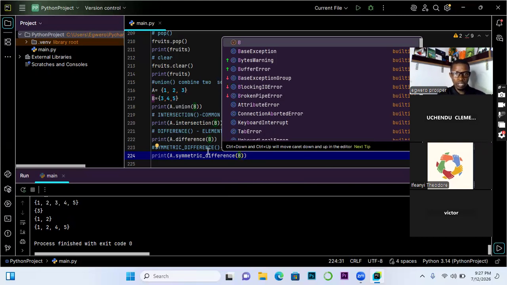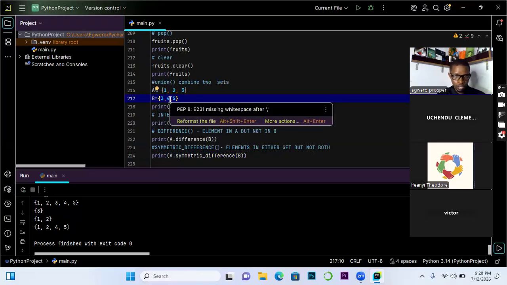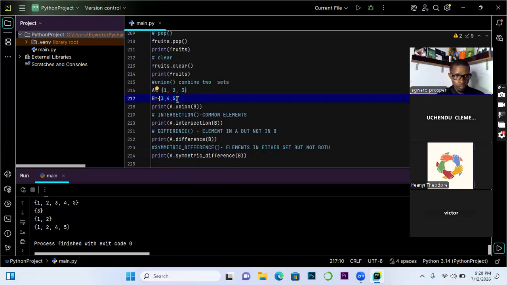Very simple. If you look at the first one here, it printed 4 and 5, which are not in the first one. And then it printed 2, which is not in the second one. So that is symmetric difference.